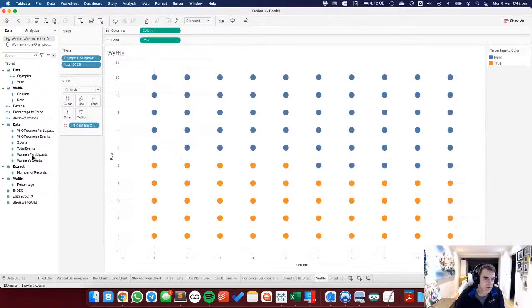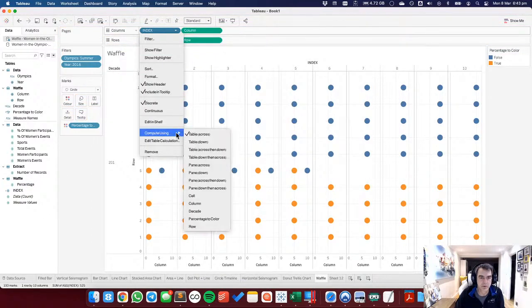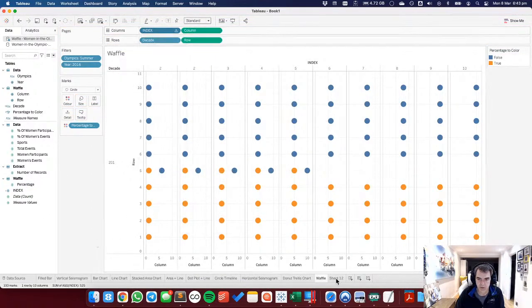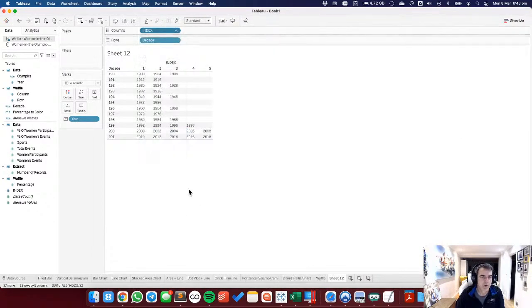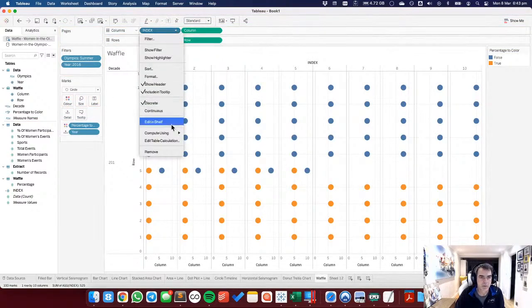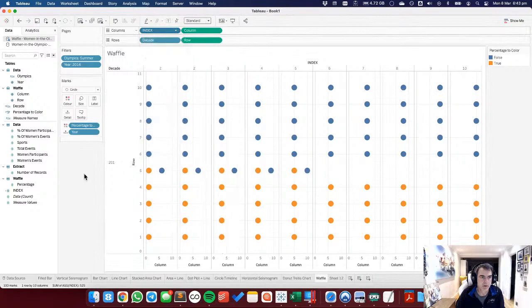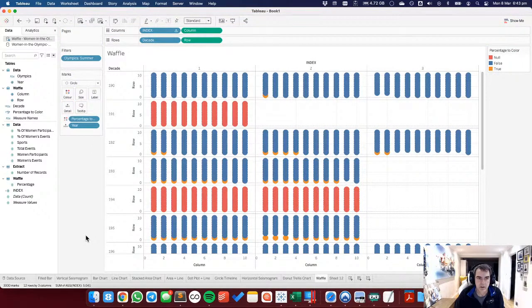So let's go here and put my decade in the rows and my index in the columns. And this needs to be compute using, what did it say here? Compute using year. So let's put year on detail. Compute using year. Okay, and now if I take the year off the view, I get,